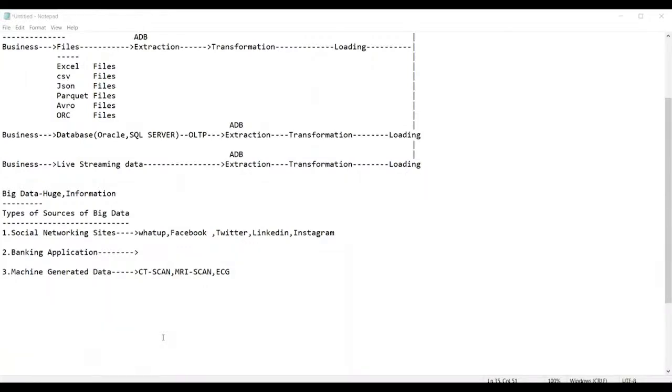Now, can you see here, this is machine generated data. After that, the fourth one we can consider is IoT sensors, Internet of Things. We get the data from sensors. These sensors basically measure